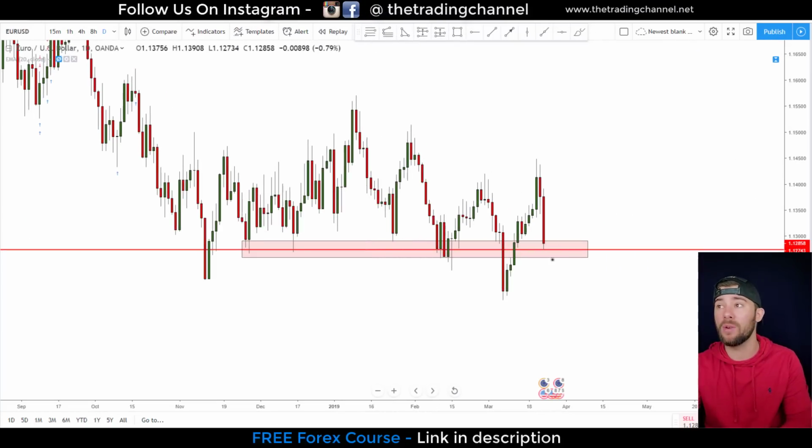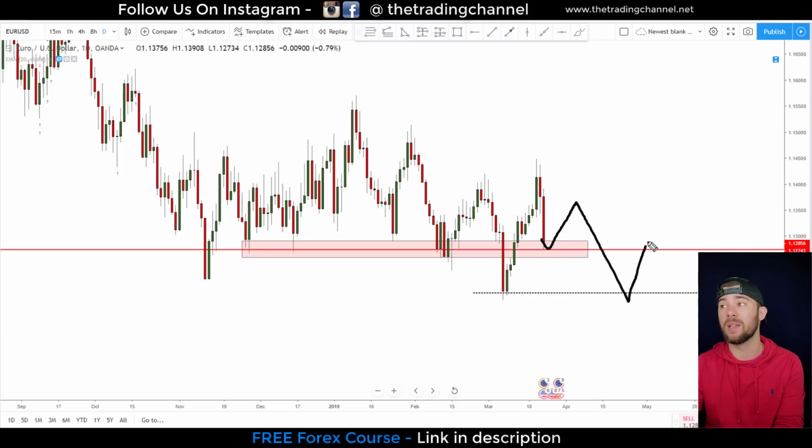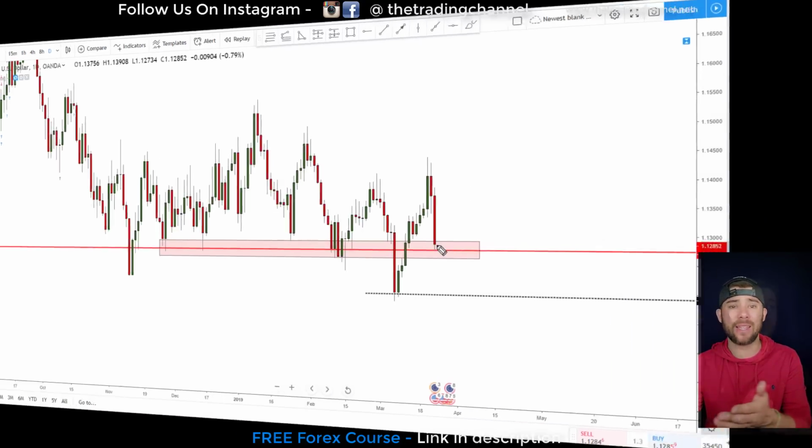Trades. Now, if we get below that level, I have another level of possible support right here at 1.12 even, which is another level I'll look for possible bounces from. Something like this could definitely happen. And then I'll look for another counter trend bounce there, along with the fact, guys, that